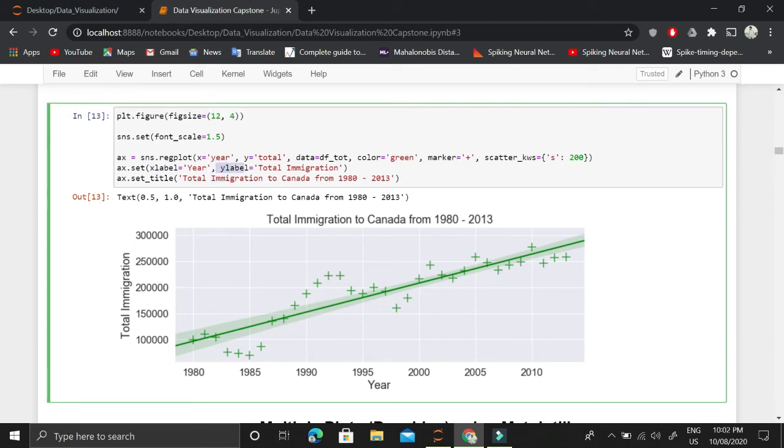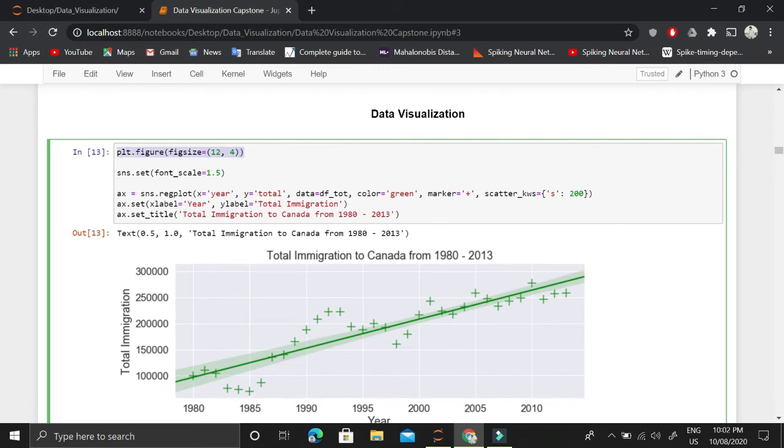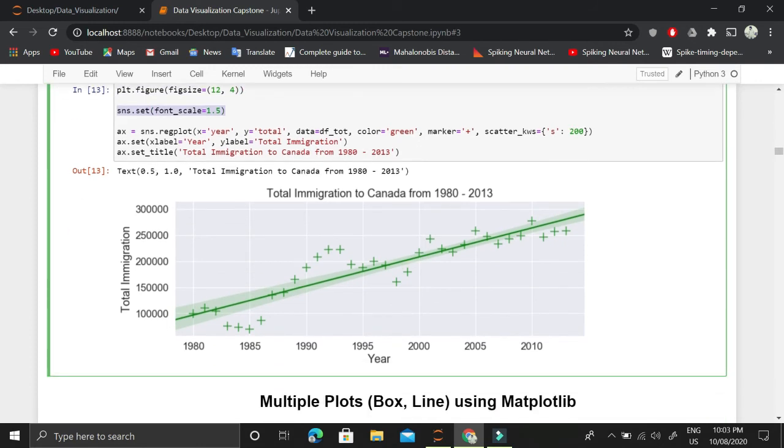So we plotted the figure of specific size, then we set the font scale for Seaborn plotting, then we did the regression plot using the data frame and its respective columns, and the control is given back to ax, and this ax is a variable that has control for this figure manipulation. Then we set the x label and y label for this figure, and then we also set the title for this figure.